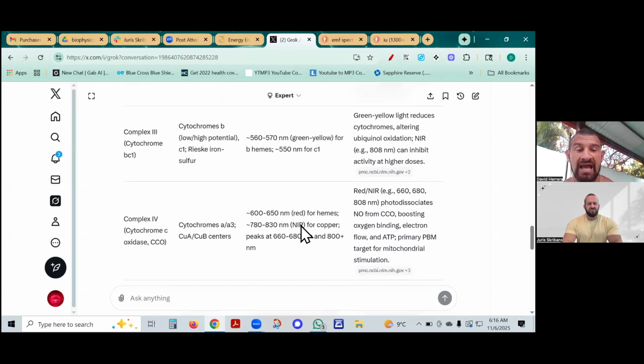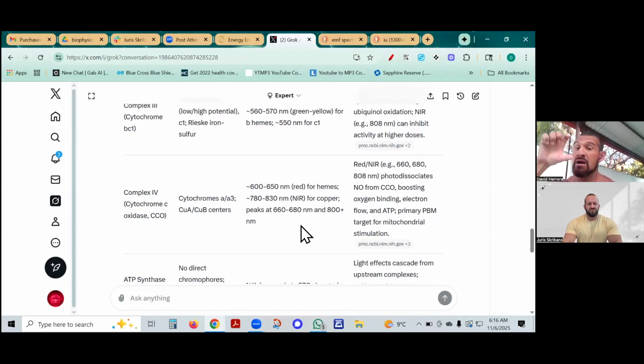And then towards the very end, cytochrome 4, which is where you take oxygen and combine it with hydrogen and make water, cellular water. This is a big topic. This is the deuterium depleted water that your mitochondria should be making, and all of those types of things. Those are amplified by things that we've said before: red light, infrared light specifically, in the 700 to 800 nanometer range. And then the visible red that we can physically see with our eyes is 600 all the way up to the top of the 600 range, in the 600s. That's the color red. And the near infrared, we cannot see.